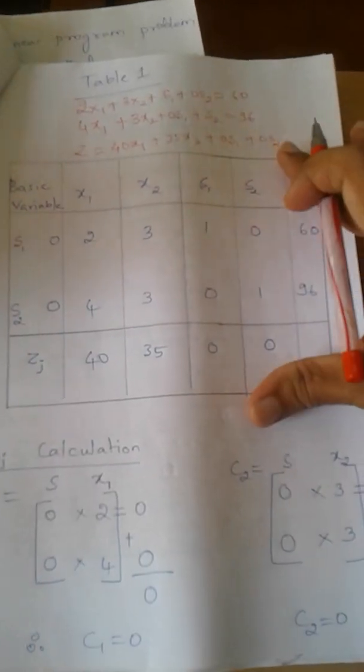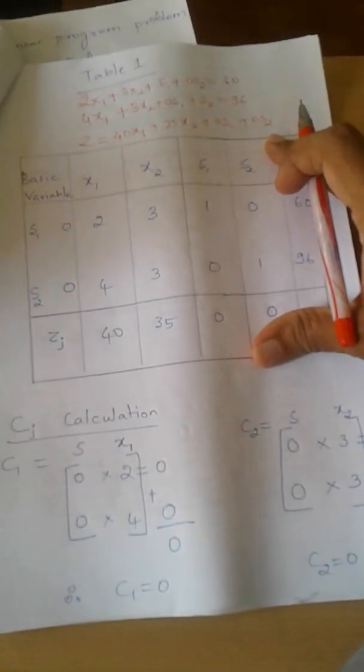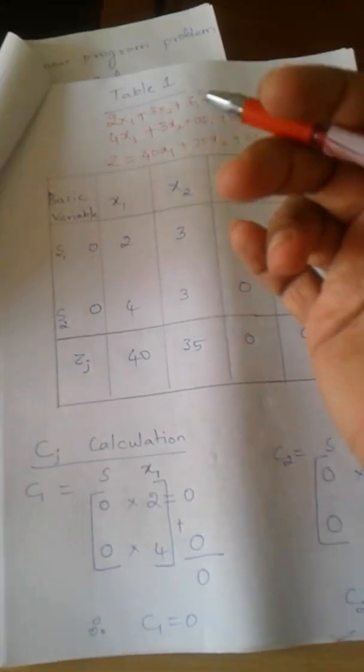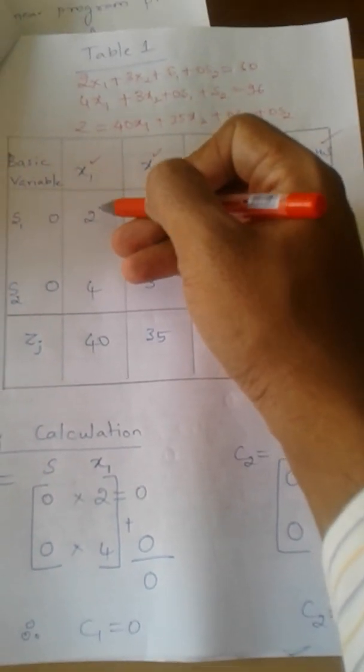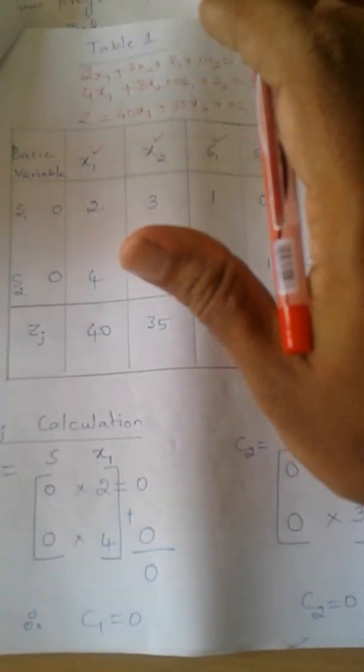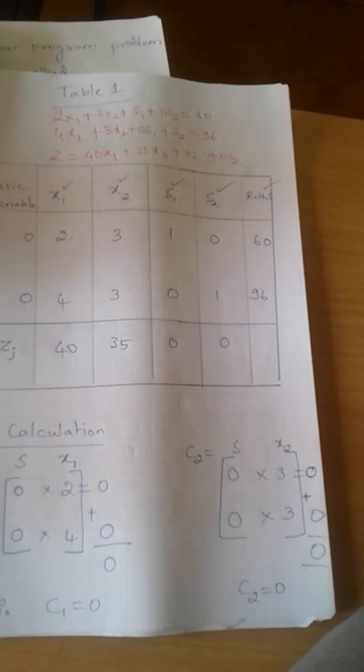Now this is the table which we are supposed to formulate. This is called the simplex table. What we are supposed to do is, we have introduced x1, x2, s1, s2, and this is the RHS, the right hand side of the equation. Now we will see, first, from the first equation 2 is being derived. This is the standard step for all the problems, not only for this problem. We have to do this for all the problems.